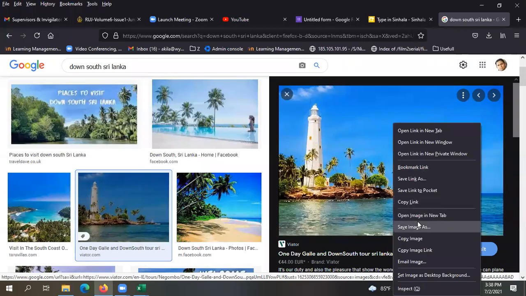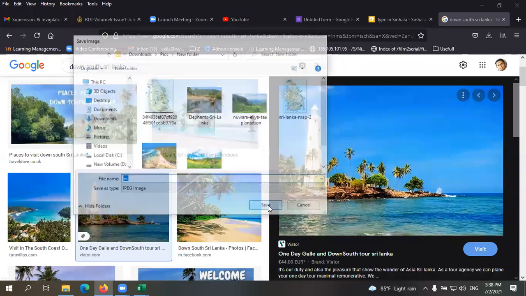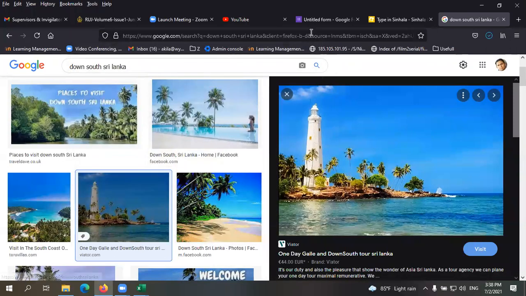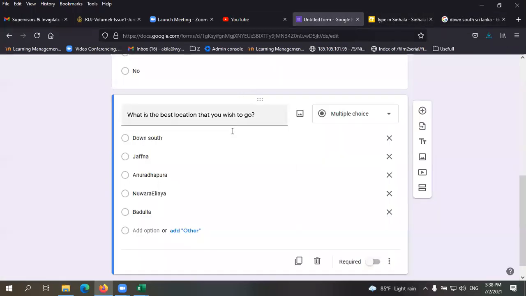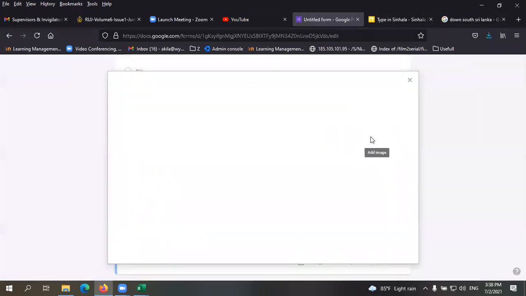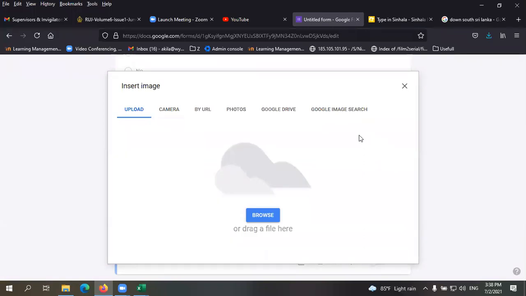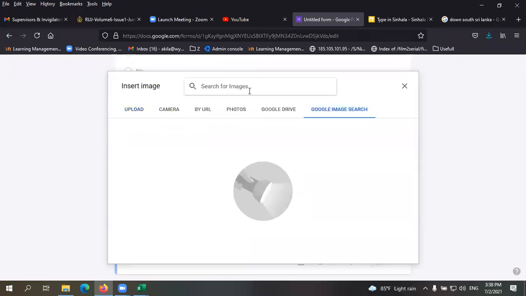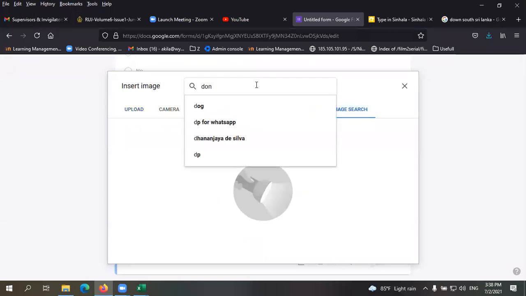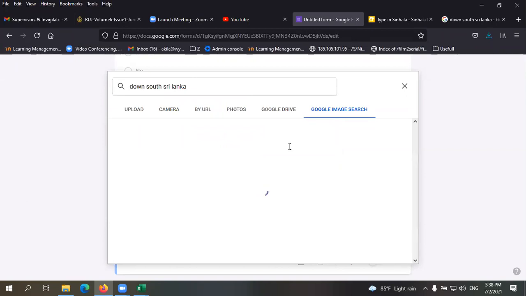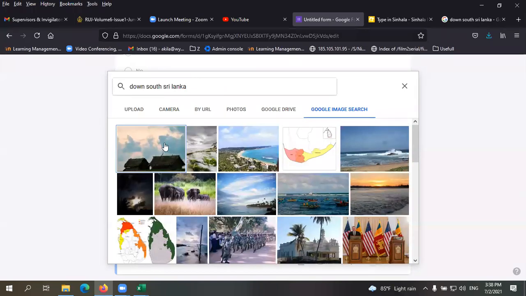Okay, you can save that. After that, you can add that image from here. You can even use Google image search. From here also you can find the images, right?